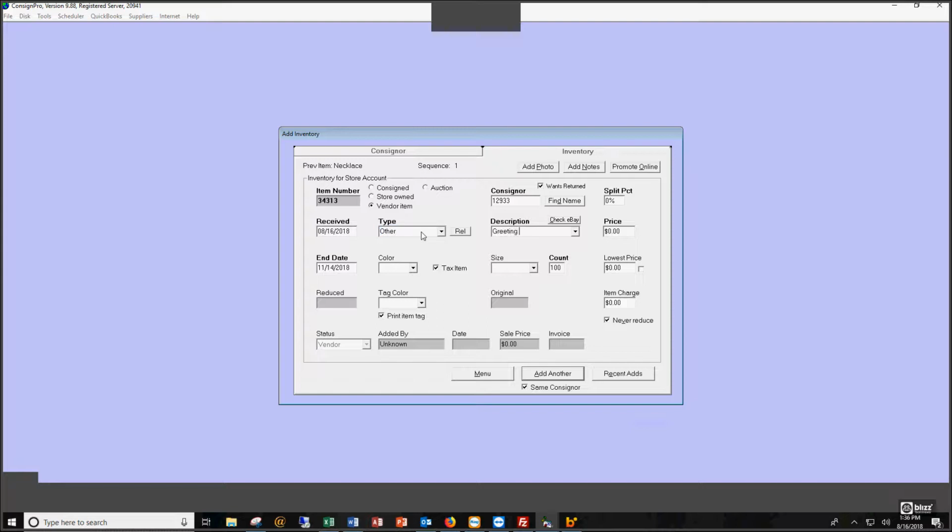Other, greeting card, none, $1. Okay. In this case, we've got 100 greeting cards that are going to be sold under SKU number 34313, and you can sell that SKU number up to 100 times. In this case, we have no cost associated with this because we've got a 0% split,